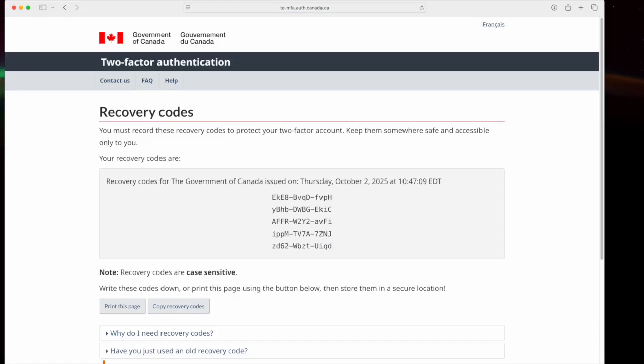After you have set up either the email method or the Authenticator method, you will be presented with recovery codes that allow you to recover access to your two-factor account. You should copy, print, or take a photo of the recovery codes and store them in a safe and secure manner so that you can find them if you need them. After you have done so, select the checkbox at the bottom of the page and press Continue.